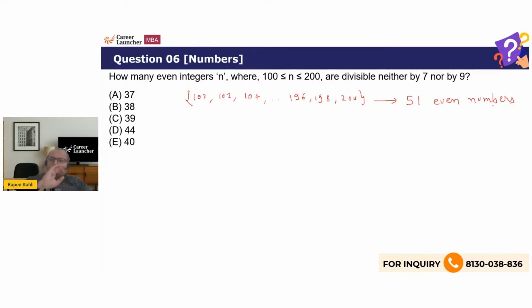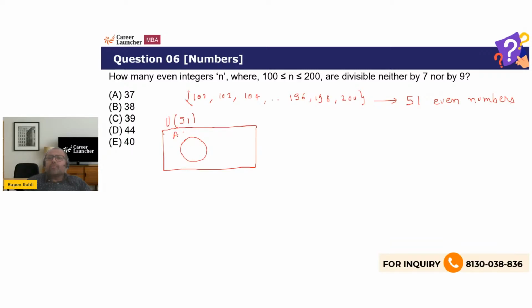It should be divisible neither by 7 nor by 9, meaning remove the multiples of 7 as well as 9 from the set of these 51 even numbers, right? So the point is that in this universe of 51 even numbers, this is set A, which is the